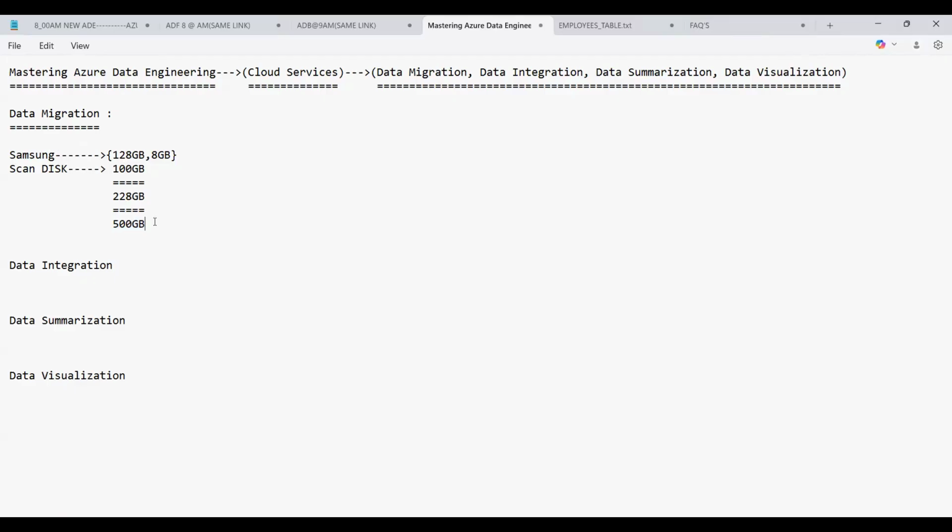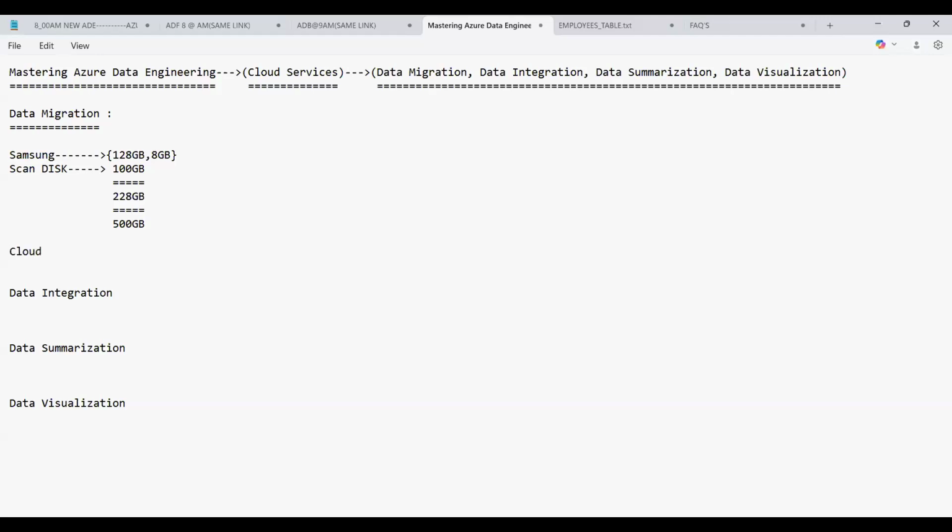Or else the other solution is that you can store the data onto the cloud. Am I right? What is that cloud? Generally the cloud which we use here is Google Drive. When you're using an Android, by default the Google Drive will be there. But in fact, if you're using iOS also, you can use the Google Drive.